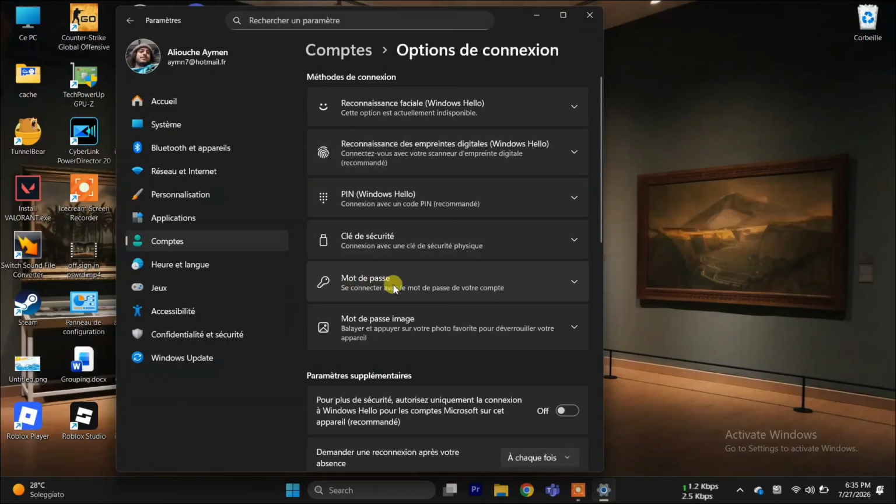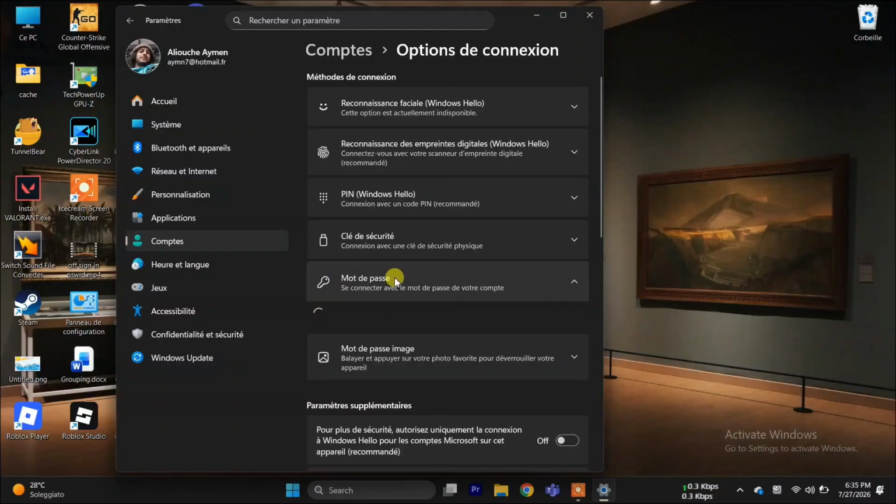And right here you need to find Password. It should say Password here and it has this key icon. You tap on it. Now if you don't have a password at all, it should say Add here. Now if you have a password and you want to change it, it should say Edit or Modify, the same way it's showing me right here because I already have a password. Now if you don't have a password, again it should say Add. So you click on Add